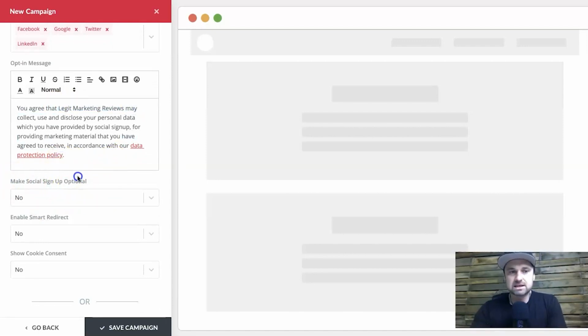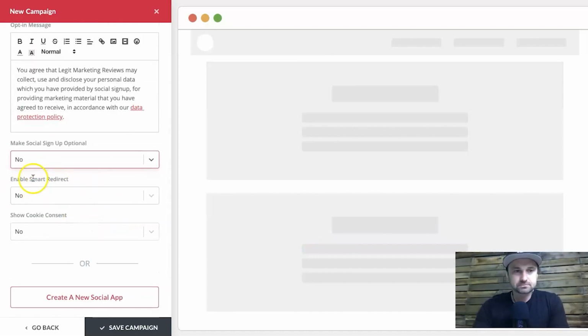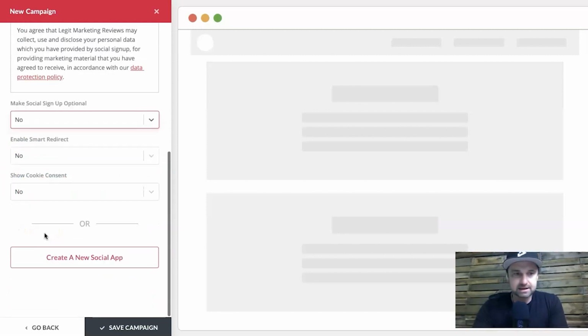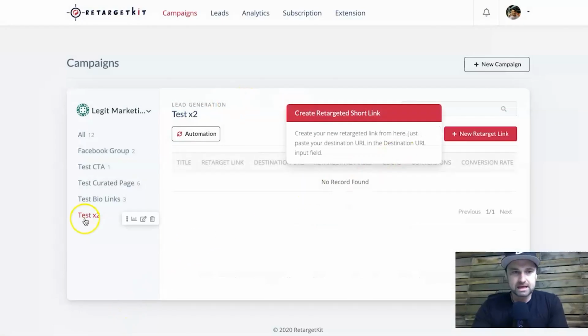Now, it says here, make social sign up optional. We don't usually want that to be the case, or else they can just bypass giving you their data. That's the whole point of having this entire software, or this feature anyway. We've got also things like smart redirect and cookie consent. If you want to add those in, that's entirely up to you. So I'm just going to go ahead and press save campaign. I'm going to leave it quite default. And right now, I've created this new campaign called test 2,